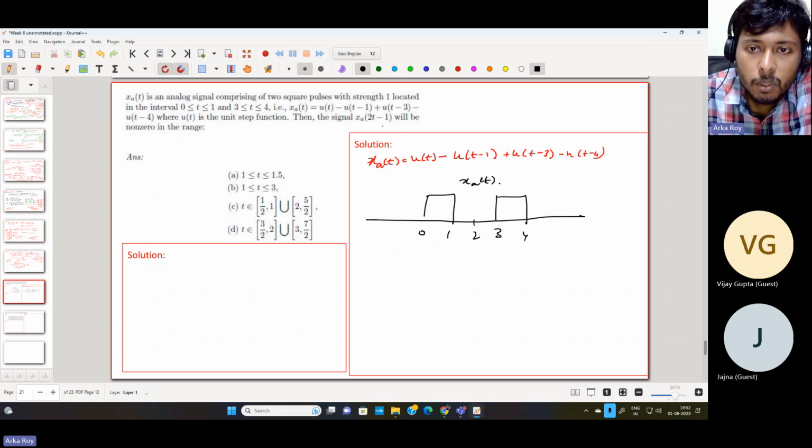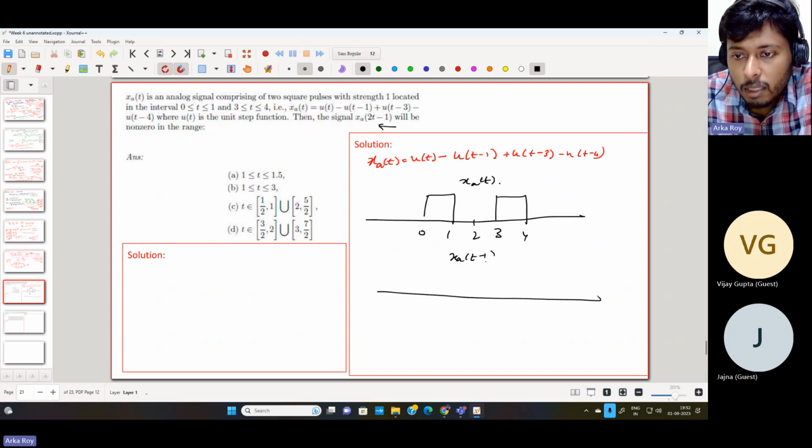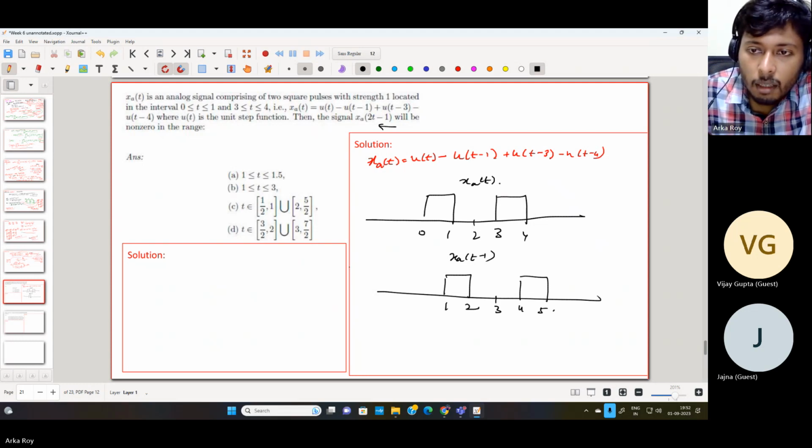Now there is a composite operation. So what is the first operation? First operation is delay by 1. So xa(t minus 1) will be delaying the signal. So the pulses will be at 1 to 2, and then 4 to 5. And thereafter we have